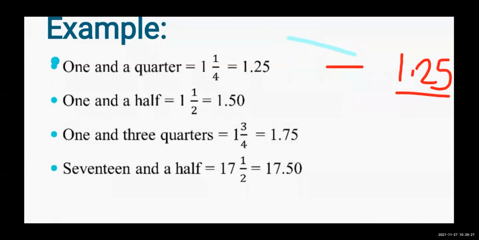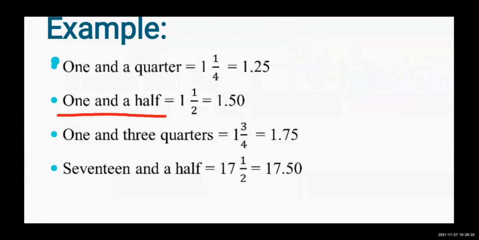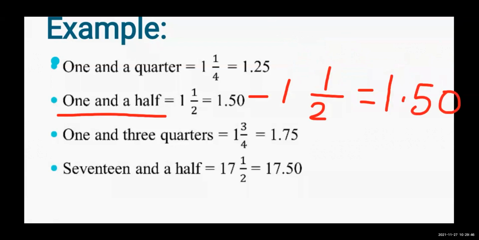Okay. Now, the next example I have written is 1 and a half. See here, it is written 1 and a half. Now, 1 means 1. Half means 1 upon 2. How are you going to write this in decimal form? That is 1.50. Because I already told you half means it is 50. So your whole number is given as 1, so 1.50. Clear? Now next one.